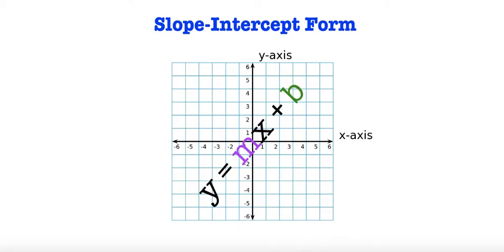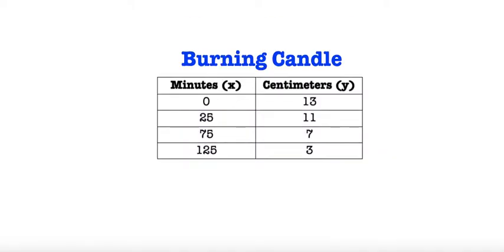Hello mathematicians! Today we're going to be learning about slope-intercept form, and more specifically we're going to be covering negative slope. So if you recall back to our burning candle example, our candle started off with 13 centimeters, and as time went by, the candle melted and the height of the candle started decreasing, and then it continued decreasing until